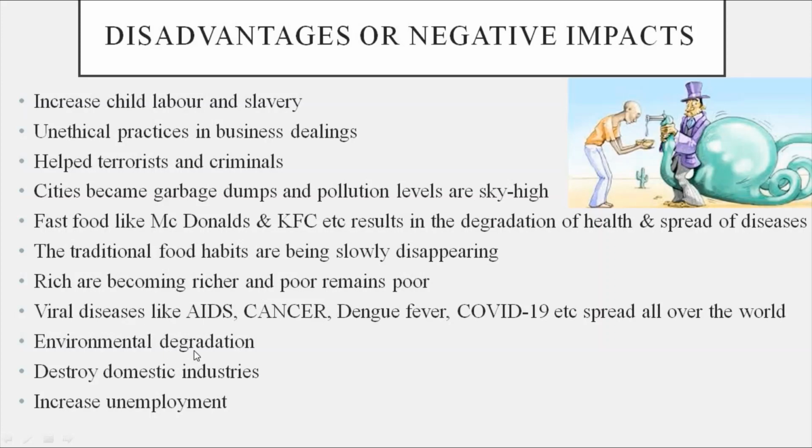Yeah, environmental degradation, I told already. Domestic industries are destroyed because of the competition from other countries. They are coming easily. China made goods, just observe, cheaper ones, very cheap. Industries which are working in India are destroyed because of this dumping of foreign cheap goods. Yeah, we can't stop that. Only we are shouting, we have to ban the China made goods, etc.